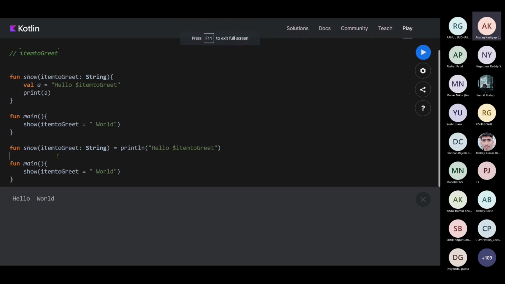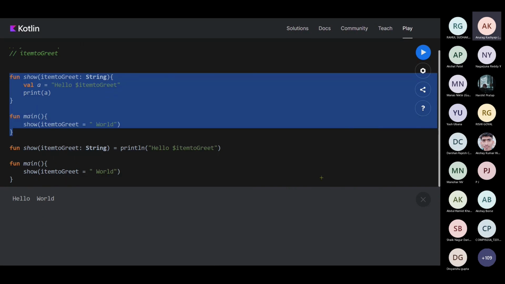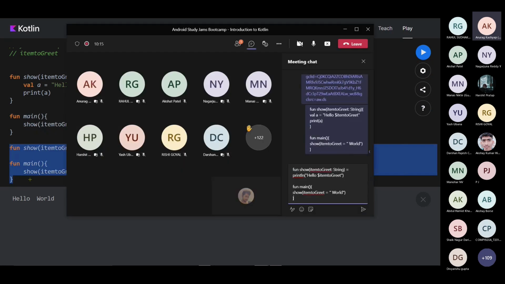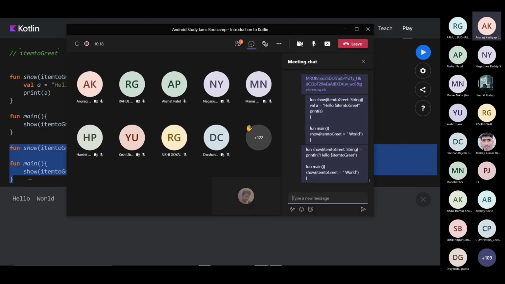Okay guys, so this is about functions and all. I want you guys to execute this particular code. I'll just give it in the chat box. Try various random combinations for item to greet. Try giving something else instead of what I have given. Both the codes, the longer method by creating a variable and the simpler method, are mentioned in the chat box. I want you guys to execute this particular code.